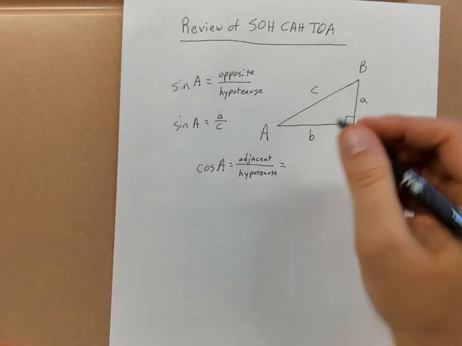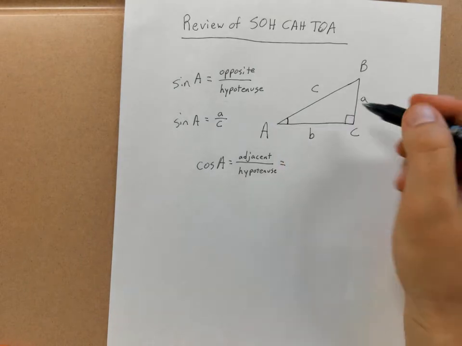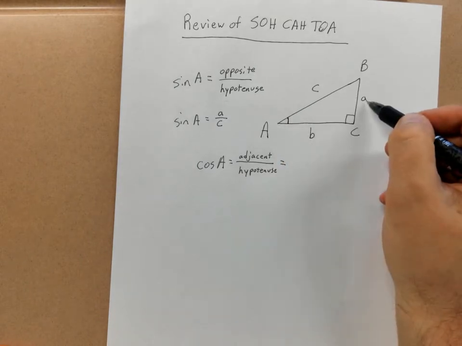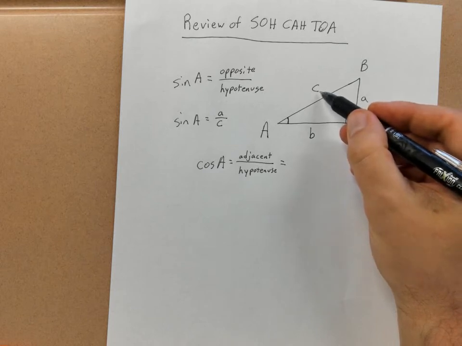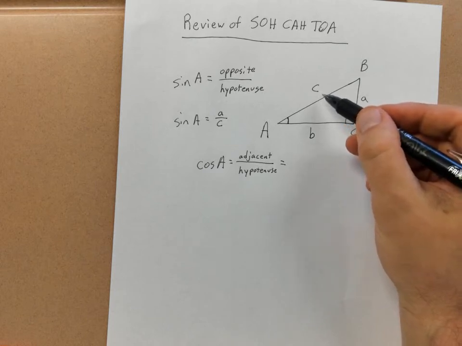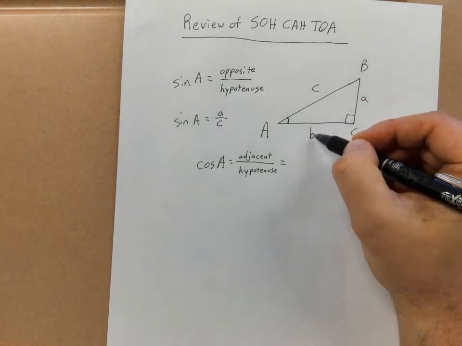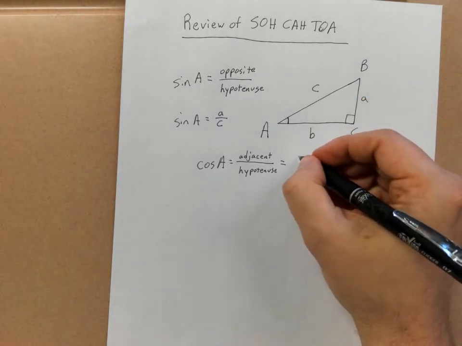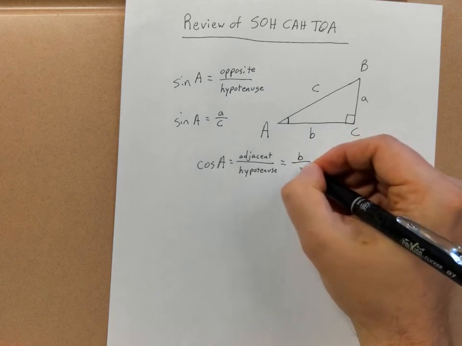And so if I'm using angle A here, opposite was my little a, and I know that opposite the right angle is my little c, so by process of elimination, if this is opposite, this is hypotenuse, this has to be your adjacent. So my cosine of A would be the length of little b divided by my hypotenuse,